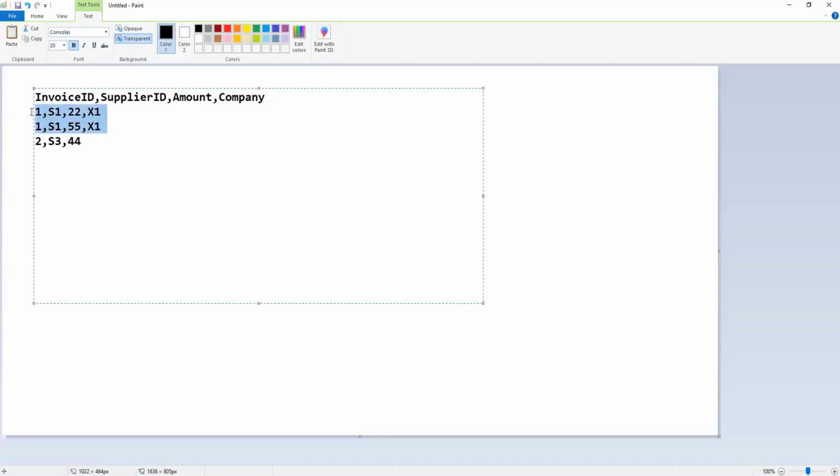The invoices which have the same ID should be one invoice, meaning it will have 2 lines. If the next one has 3 lines like this, then it will be an invoice with 3 lines. Clear? This is the concept.